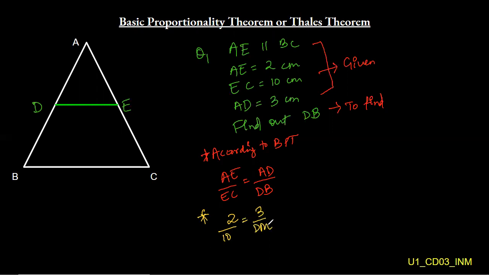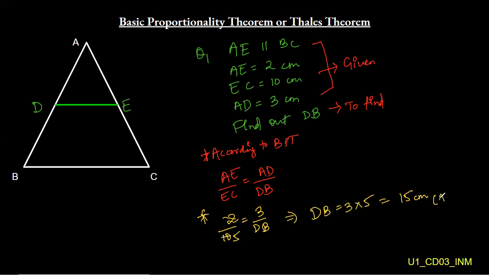we will write just DB. Oh, sorry, I wrote will be DB. ठीक है. Now you can solve it. 2 से 10 कटा 5, and then you will cross multiply. I hope you know what is cross multiplication. DB will go on the other side. It will become DB equals to, and this 5 will also come on the right hand side. It will become 3 into 5, which is equals to 15 centimeter.